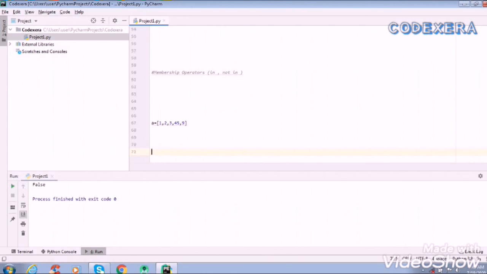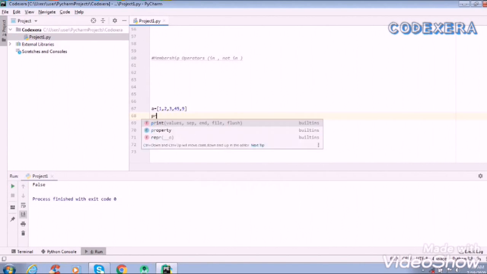Now for checking membership we use in or not in. So print, take any values from above.